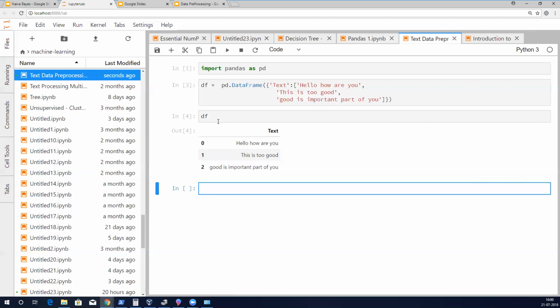But what is important to know here is that such text needs to be consumed by your machine learning algorithms, isn't it? Do you think algorithms can consume text like this? No, right? They can only consume vectors, numbers basically, 1s and 0s. That's the term for it: they can only consume vectors. What does that mean? A fixed size vector.